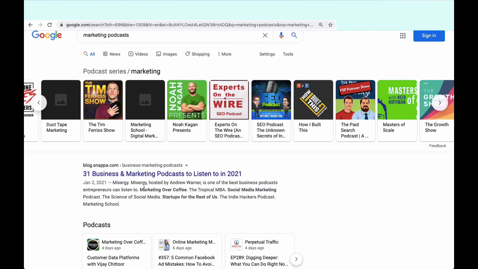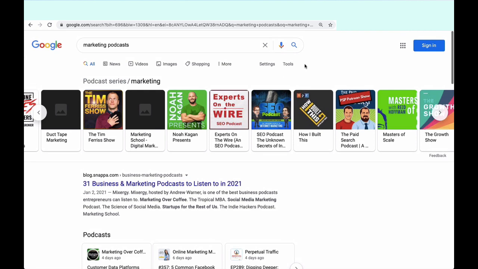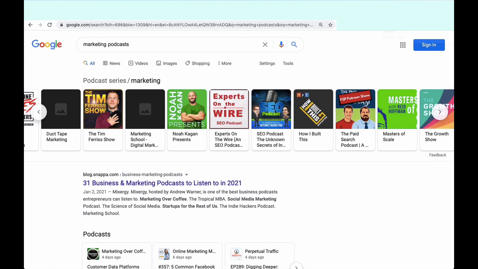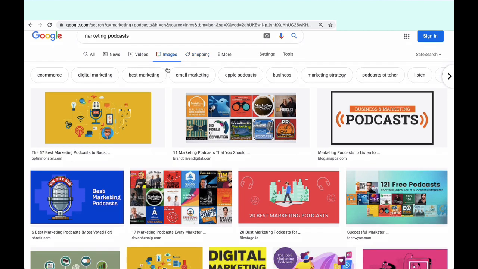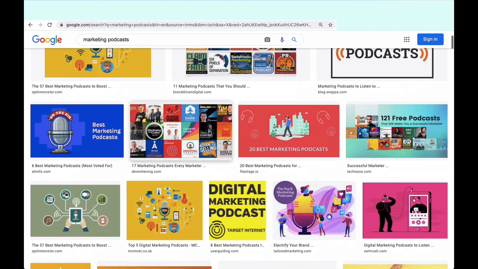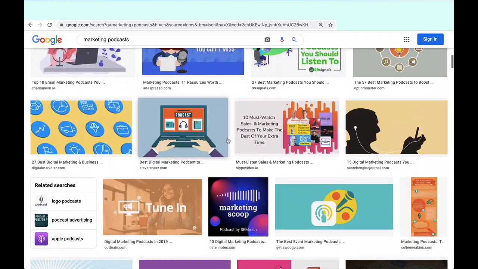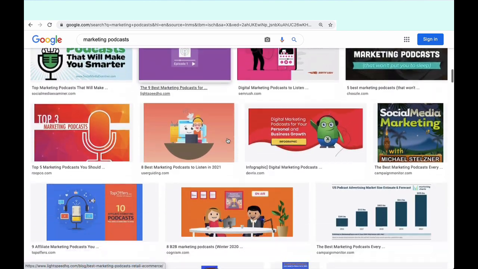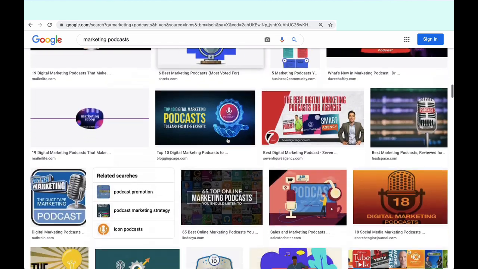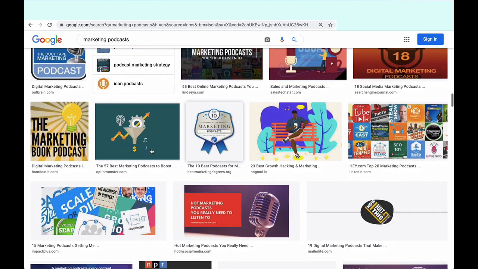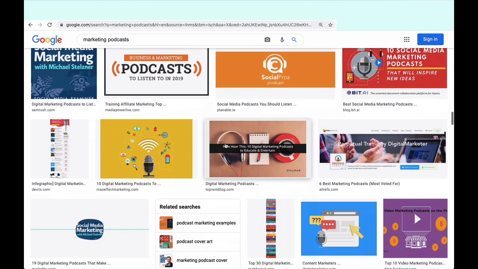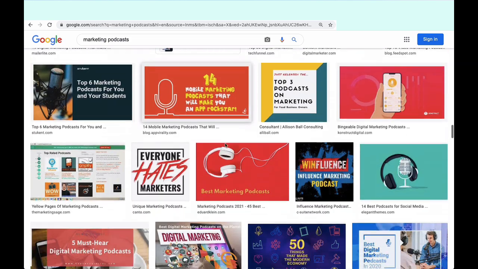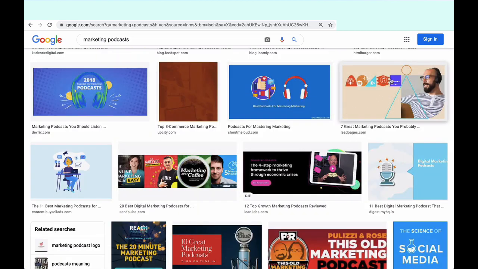And what you want is, of course, to find the much deeper, longer list of shows that are talking about your subject area. But there is another option on Google as well: to look at Google Images for your keyword search, and it might surprise you. You might be able to find even more shows here that pop up on Google Images because they're picking up the artwork. So you'll see shows here that are just the artwork is out there online, on social, and so on, and it shows up on Google Images. Just another way to find some more shows.